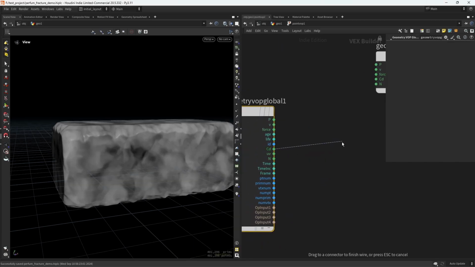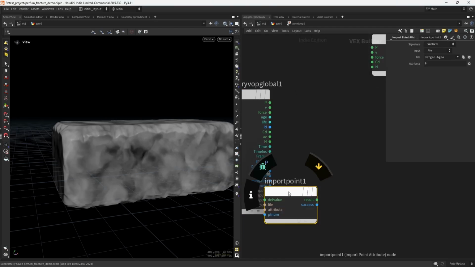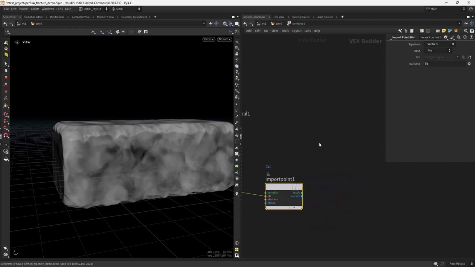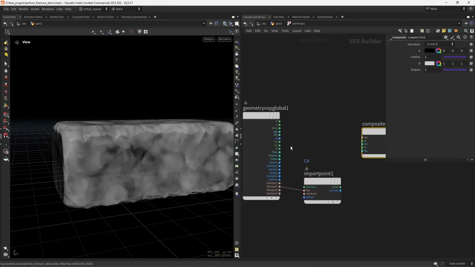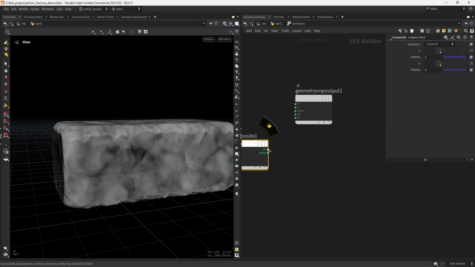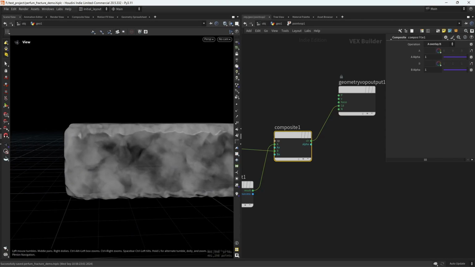So input 1 we have here the CD, but for the input 2 we need to import point attribute and connect it here and import CD, which is color diffuse, I believe. Then we need a composite node, and we will composite between first this one and this one, and let's connect this to the CD, and we need to change this to overlay, so it will mix both textures. But in this case I reduced a bit the second texture to 0.7,